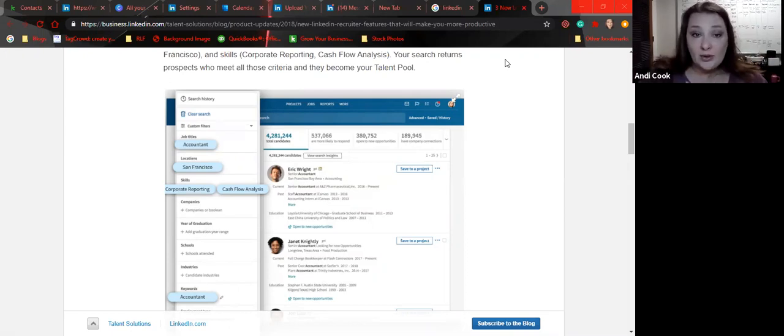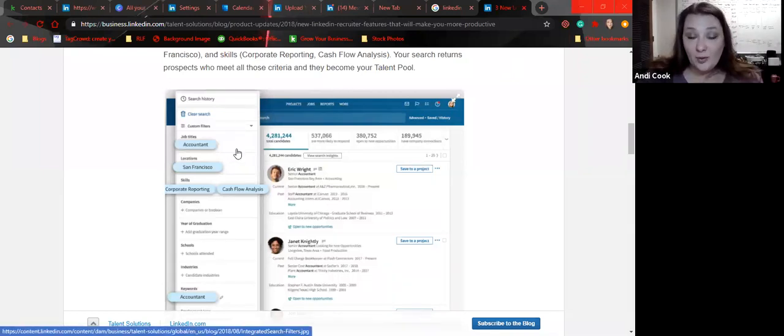When a recruiter does a search, they're going to build out a Boolean search, which is what we talked about last week. They're finding you based on keywords in your profile. They can get very specific or they can leave it broad. They can search you by job titles, so it's really important for you to use job titles that are transferable. They can search by location, so when you're setting up your profile, also notate if you're open to relocate to a specific area. They can set up based on skills, so skills that you have listed in your profile, as well as any keywords. So that's how they search.